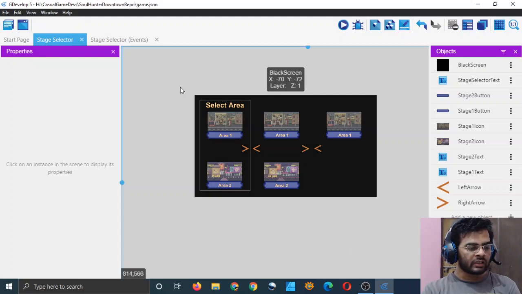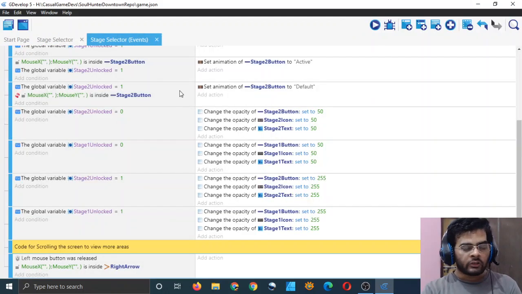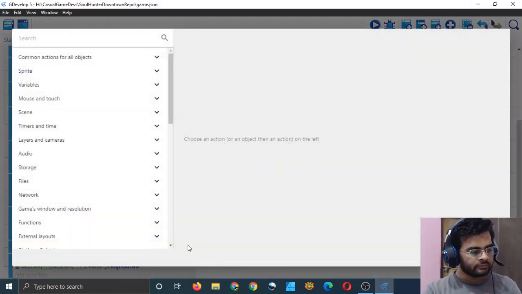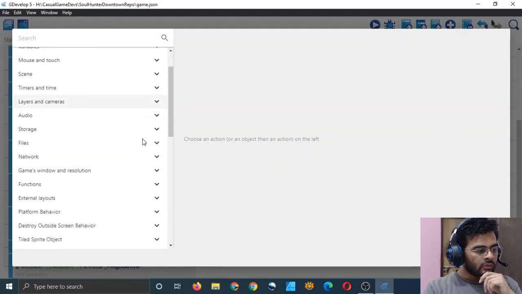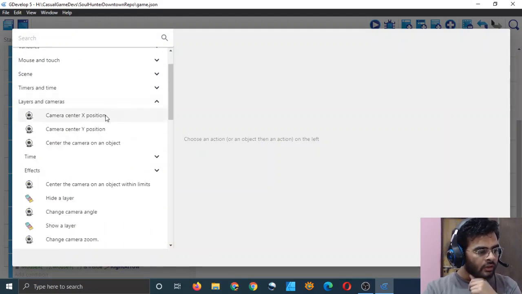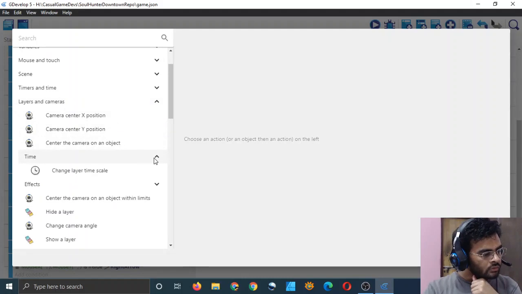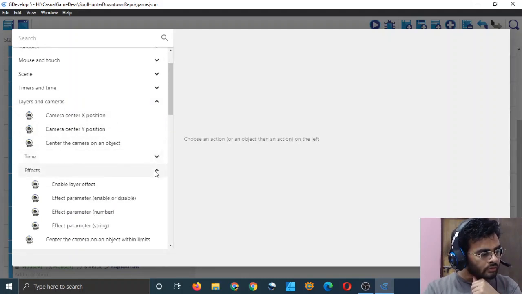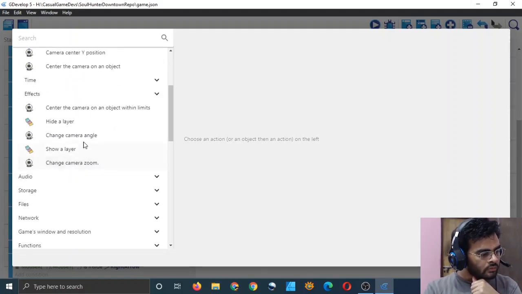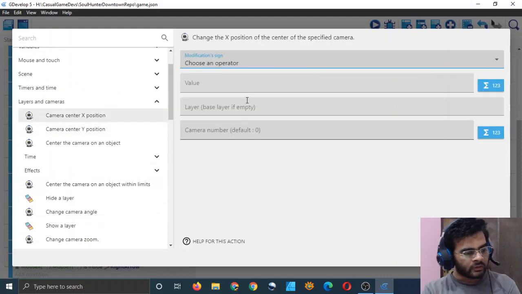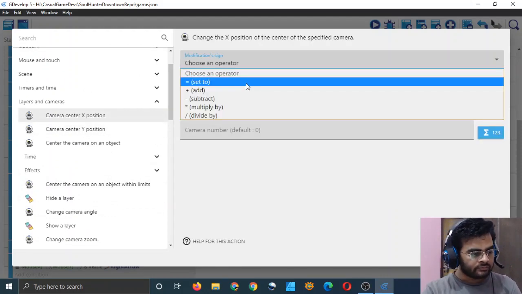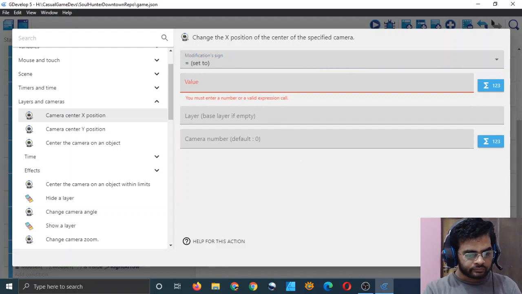So we will move the camera a certain number of pixels to the right. So camera effect, I will just change the position, set value. The value should be